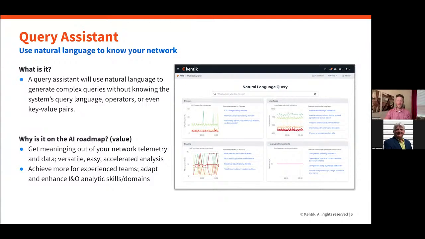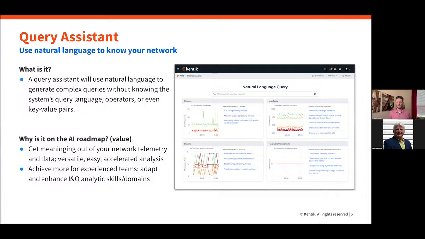When I want to look at and understand the health or the CPU utilization on a particular device, I want to understand its temperature, any number of different things. I want to understand what's the cloud-to-cloud traffic and the inefficiencies related to between AWS and GCP. These are questions that, just as I've been talking, you can ask. And being able to do that to an assistant to then generate the query of that system that you're using, which oftentimes is complex, it's SQL, or any other number of different programming languages. Whenever we get into those databases, they can become quite complex. And you have to know ahead of time what your key value pairs are.